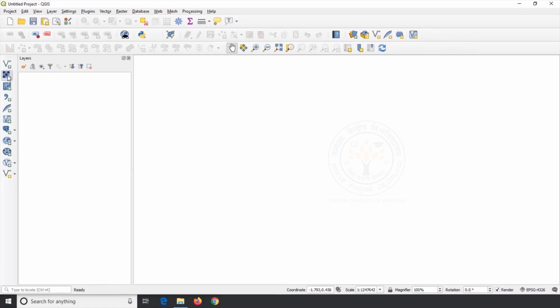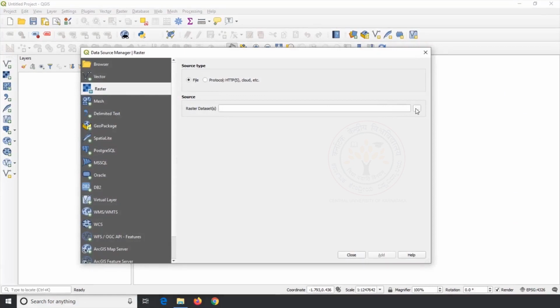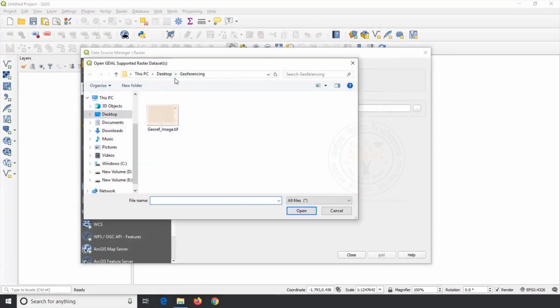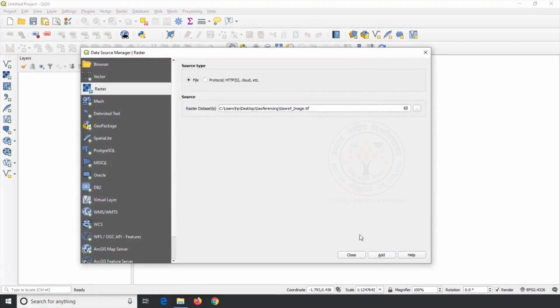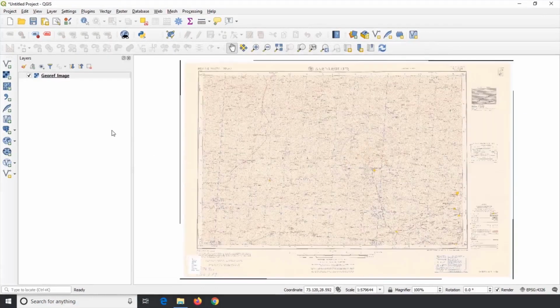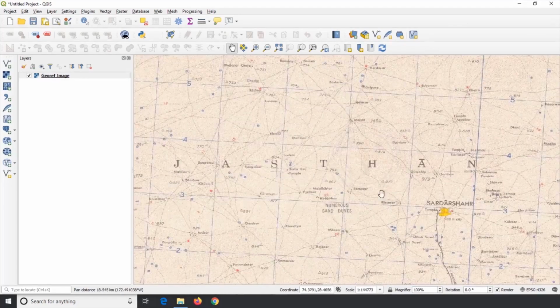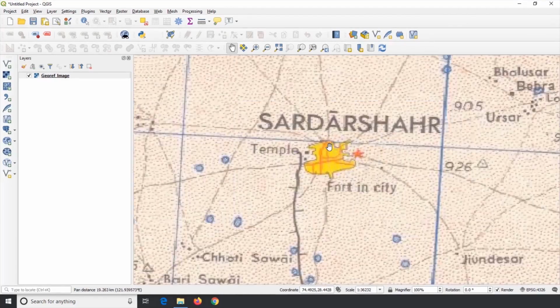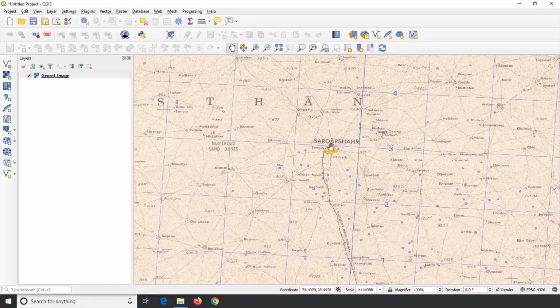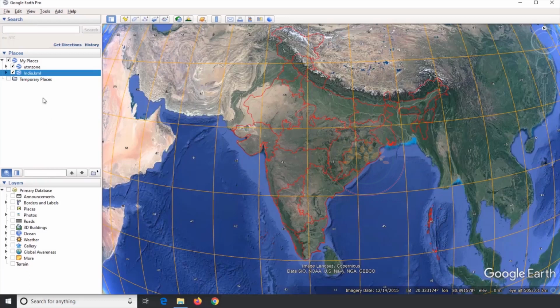I click on Add Raster icon, then browse to the place where I have saved georeferenced image and open it, followed by a click on Add and Close. To find out the location of topographical sheet on UTM zones, I identify any famous location on topographical sheet and enter it into Google Earth search.